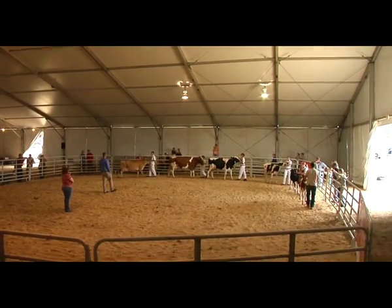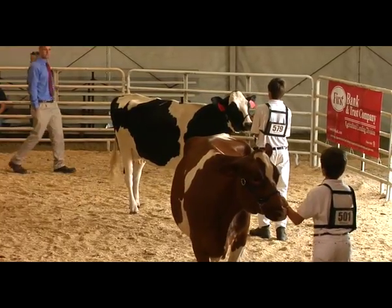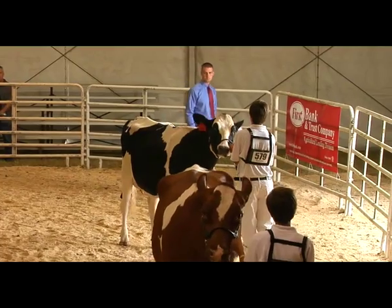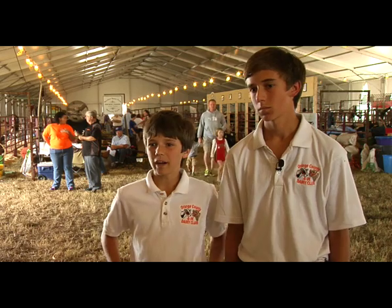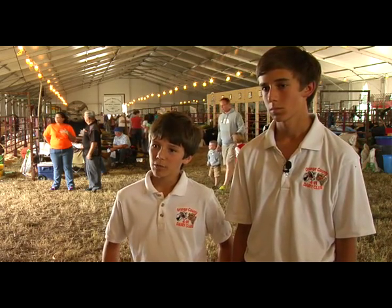Judging is based on how their animal compares to the ideal specimen in that particular category. The judge is evaluating how well the animal is groomed, but also the way the animal moves and cooperates with its young handler. You try to keep them where they're handled enough with people that when you're in the ring,